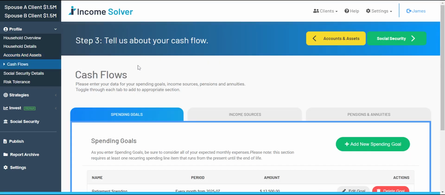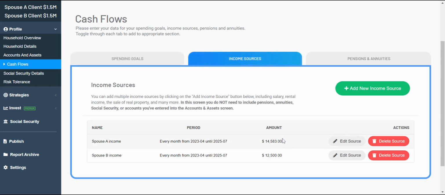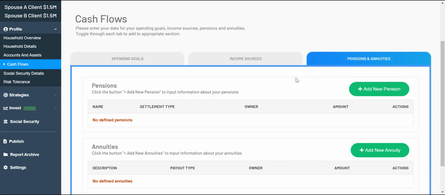Now, what we also see in cash flows is that they're going to work for another couple of years. They need about $12,500 net after tax to live on to maintain their current standard of living. So here are their current incomes. They're going to work for another 2 years. And in this scenario, we're going to assume that they have no pensions or annuities. So they're going to have Social Security and pull the rest out of their portfolio to maintain their standard